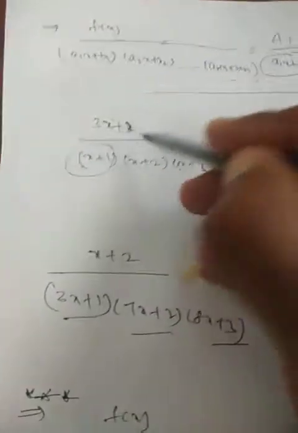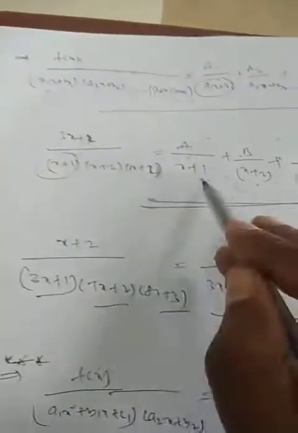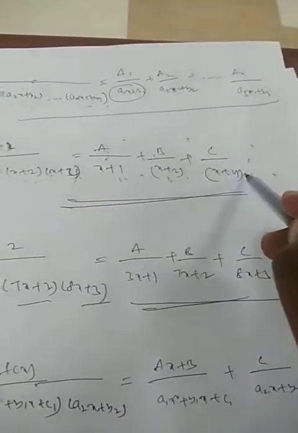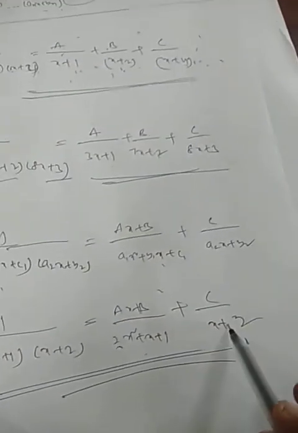Most of the students have been asked the definition of the partial fraction. First I will show what is the partial fraction. This is a fraction. This is going to be split into three parts, partial parts. So this is a partial fraction. That means the way to represent this is this. These are the partial fractions of this, split into parts.